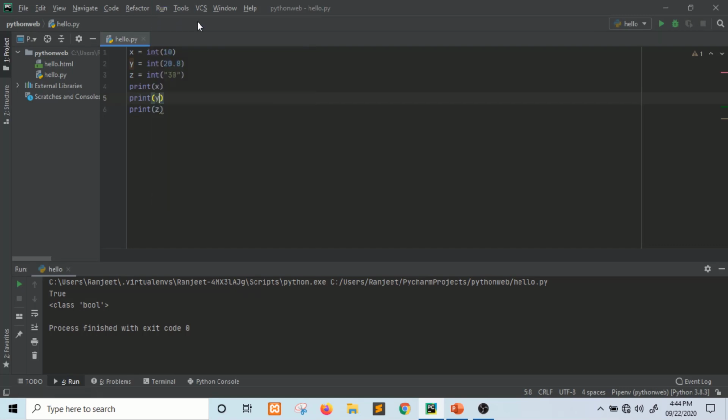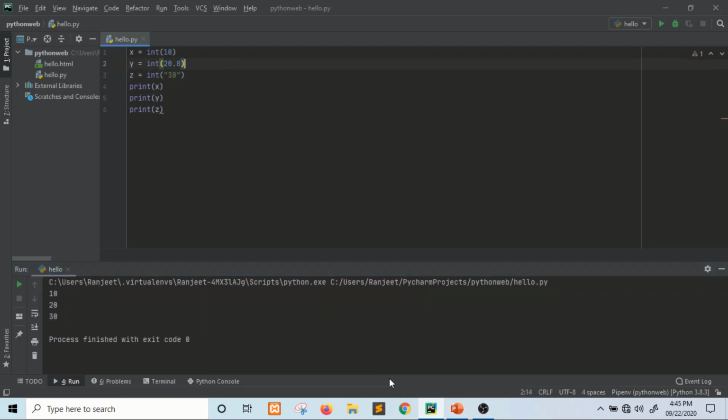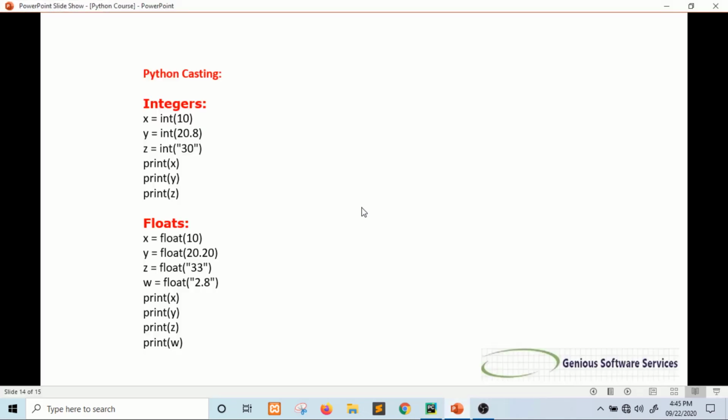You can see x's value is 10, y's value is 20, and z's value is 30. Because y is a float value and we are using integer, that is why 0.8 is not considered. So it is integer Python casting.